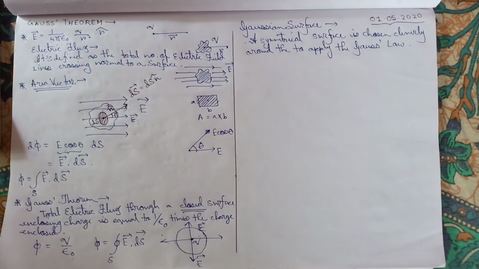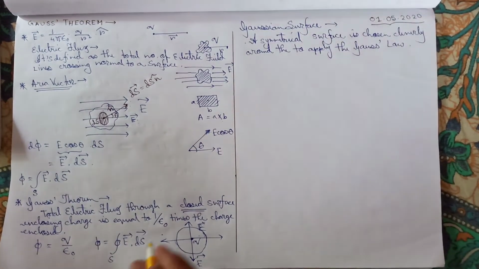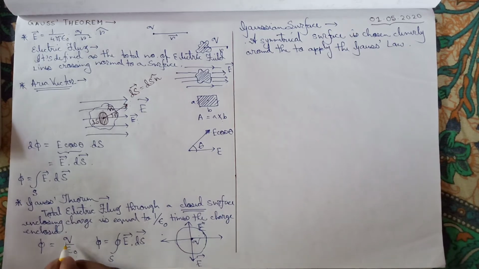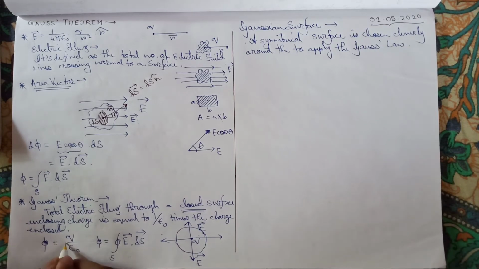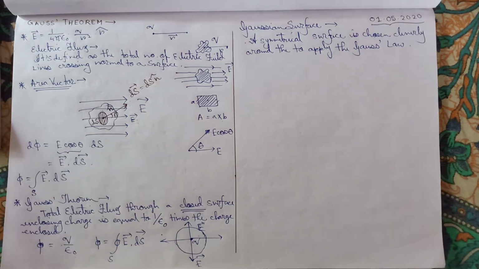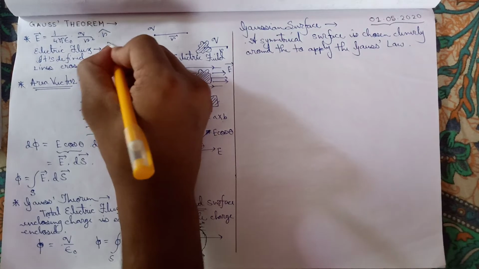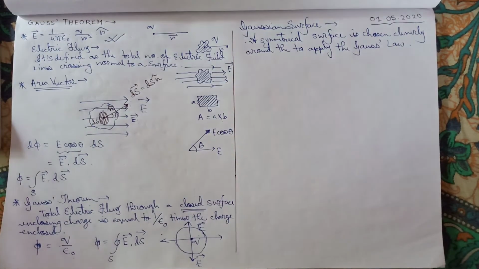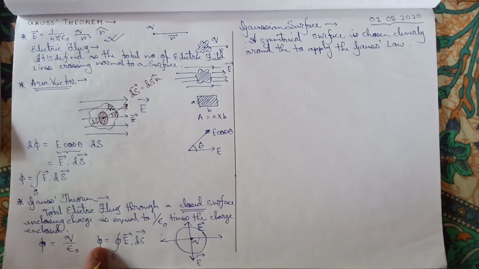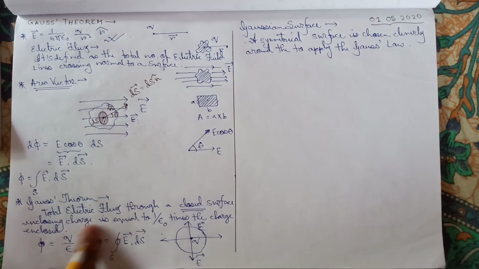Why do we have to choose it cleverly and symmetrically? Because see here, we are applying that part. Actually first, what is the motto to apply Gauss law or Gauss theorem? We use it to find out the electric field where we cannot directly apply this formula or apply the superposition theorem. So to find out the electric field in various situations we apply the Gauss law, right? So to find out the electric fields we have to apply these two electric flux equations. One is from Gauss law and one is from the definition.